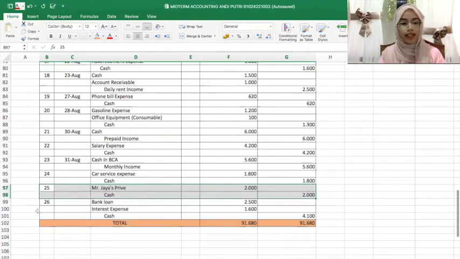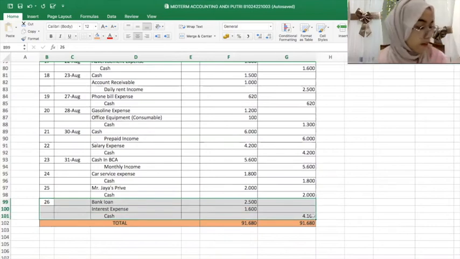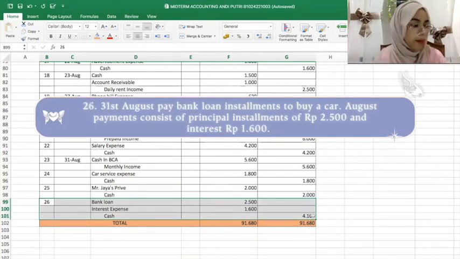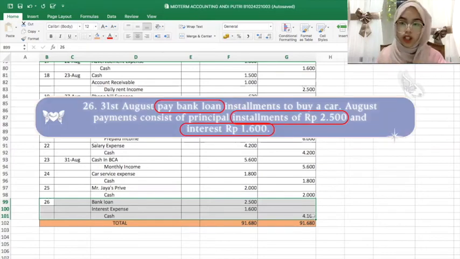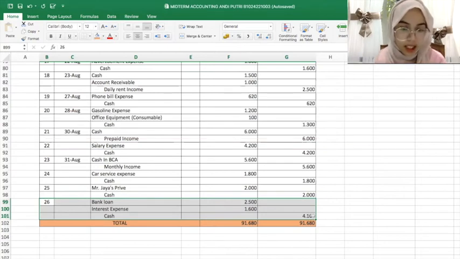And then the last transaction in August, on the 31st August, they pay bank loan installments to buy a car. August payments consist of a principal installment of 2,500 rupiah and interest of 1,600 rupiah. So there are three accounts to explain here: bank loan, interest expense, and cash. Bank loan is basically a liability, but why is it on a debit? Because we pay for the liability. We pay for the loan. That's why it is on the debit side of the table for